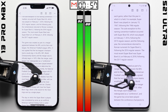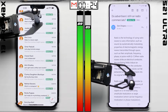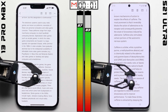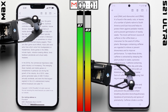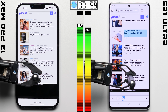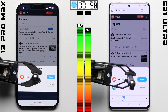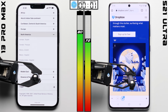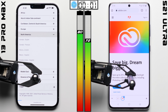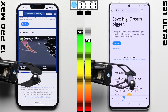So this will be the first time the higher refresh rates are being put to work with scrolling, where 1 hour later, the iPhone does better this time, improving its overall lead to 4 points as we head into the browser test. Now, this test is a lot more processor intensive than the last three, with each phone cycling through the same set of websites, loading each web page, and then scrolling through them, where after an hour of doing so, whoa, it's a big difference,